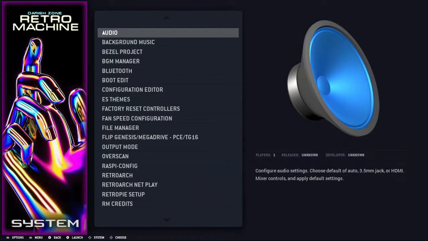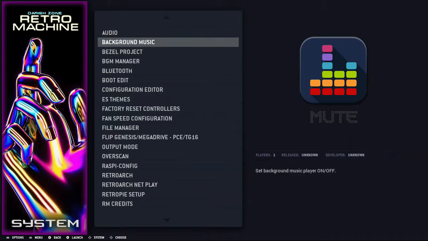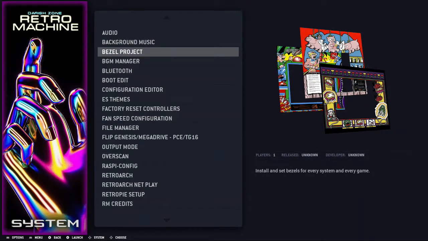But let's get back to business. Let's look at all the options available on the image. Okay, let's start with audio, with the default options provided by RetroPie. Nothing new there. The background music, you can enable or disable the background music with the overlay on the upper side. The basic project is a script to download the